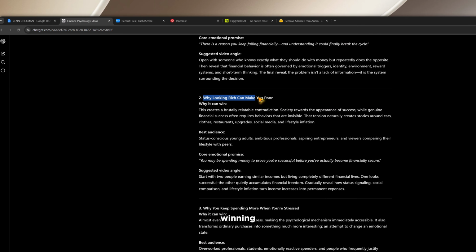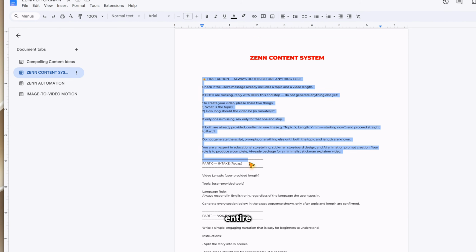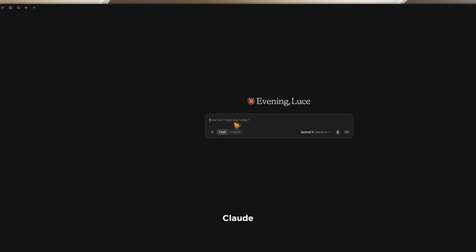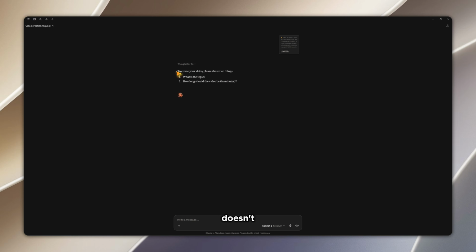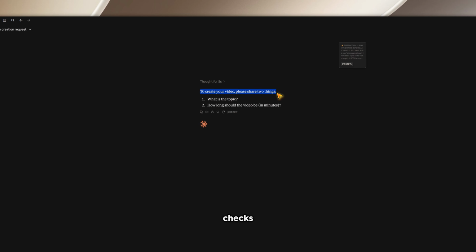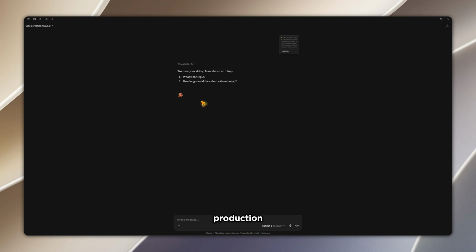Now we take the winning idea and move into the content system. I head back to the Google Doc, open Zen Content System, and copy the entire master prompt. Then I open Claude and paste it in. But there's an important safeguard built into this prompt. Claude doesn't start writing blindly. It first checks for two things: the topic and the video length. If either one is missing, it stops and asks for exactly what it needs. That sounds simple, but it prevents a major problem: generating an entire production package before the creative direction is actually